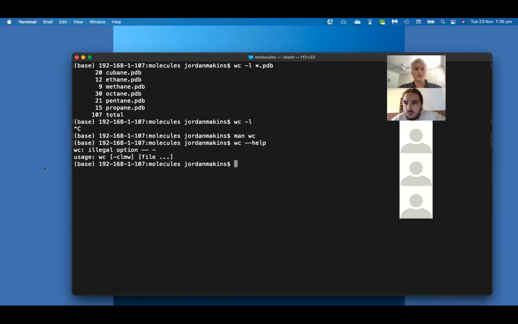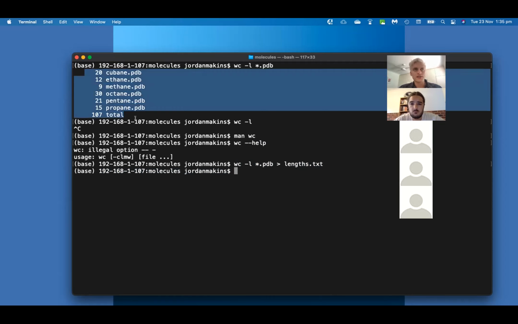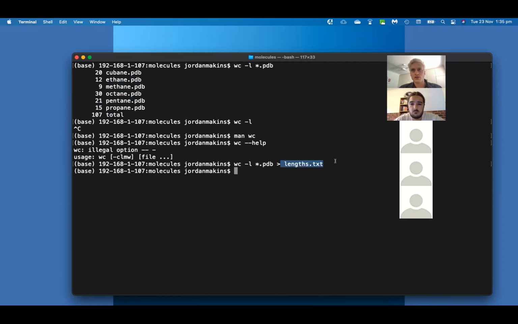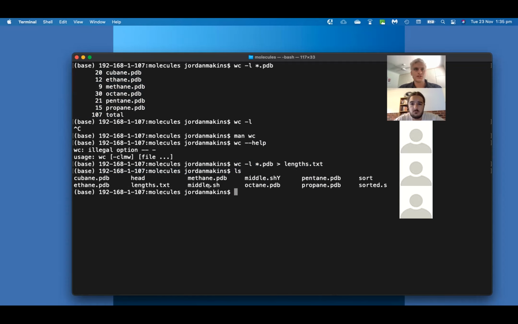So if we're moving down on the section 4 tutorial, we will do word count, and we're basically going to store the output from this command into a given file that we decide to call lengths.txt. So now we're not getting any response on our terminal like we previously did up here. Instead, this response should be stored in a file called lengths.txt. So if I go ls, I should be able to see that new file there. And if I cat